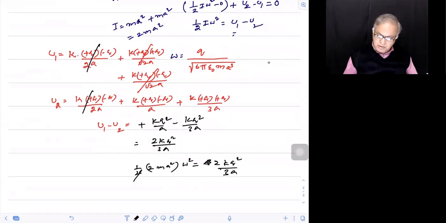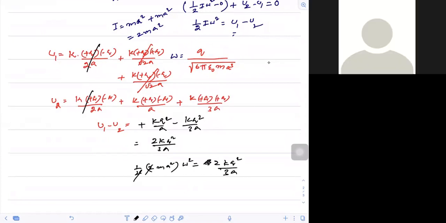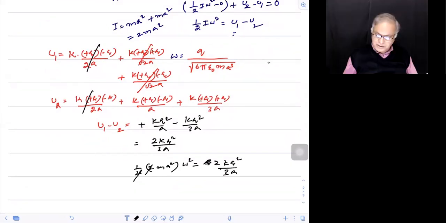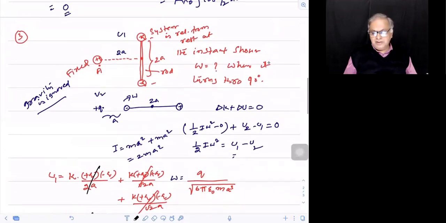See, you made me do all this. So what am I getting? Am I getting what the answer I mentioned? No. Oh, yes, sir. Yes, sir. K, we take 1 by 4 pi epsilon 0. We get it. You get it, right? So omega equals the answer we mentioned will come. Just check it. You made me do the whole calculation also. That's not a good thing.